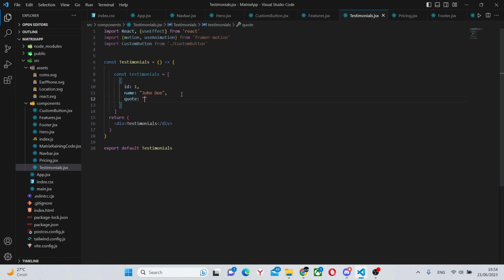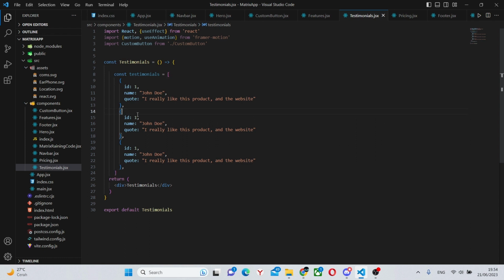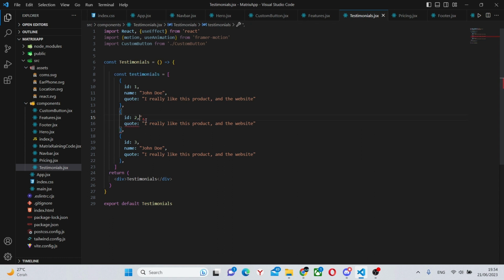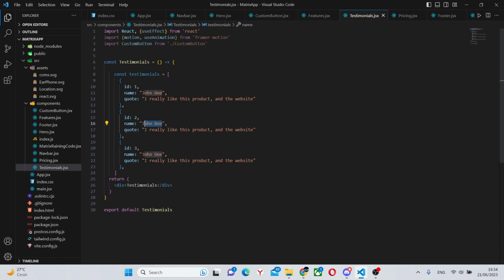So we can say, I really liked this product and the website, whatever. Next, we can simply put a comma here and copy this 2 more times. So 1 and 2. We can change the ID numbers to 2 and 3 and change the names. Jane Smith, for example, some random basic names, and say David Johnson.